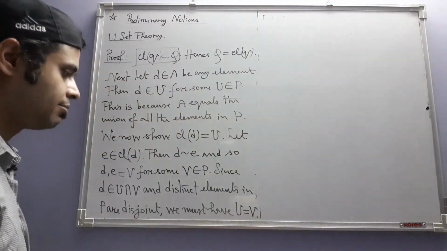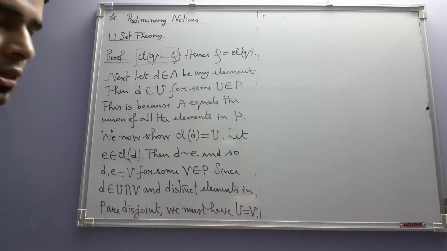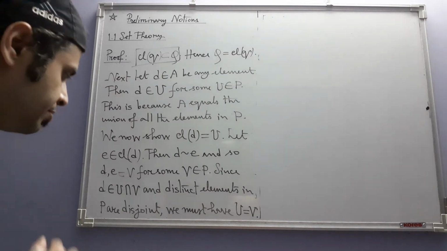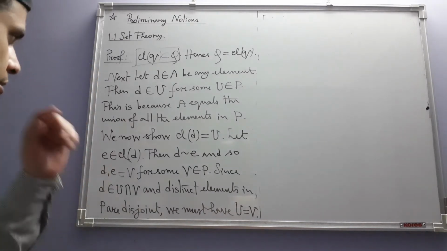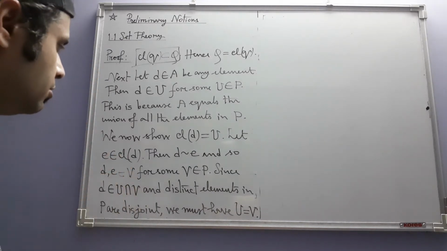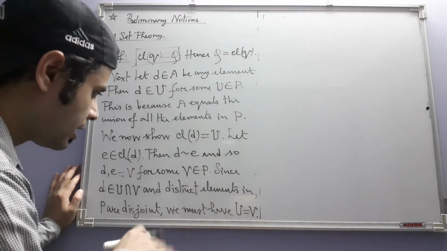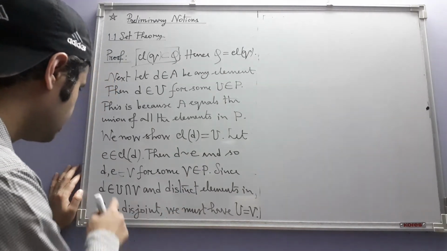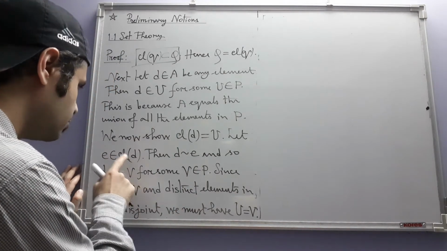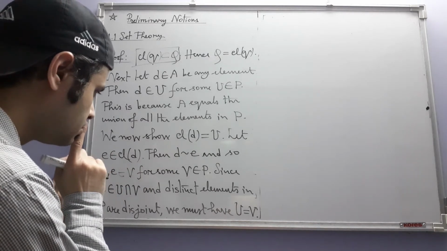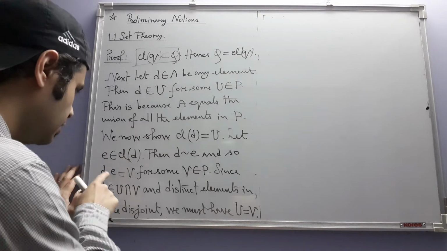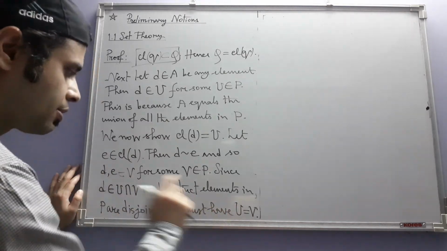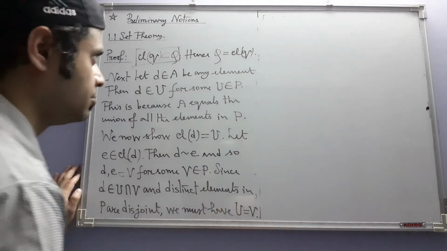Okay, I thought I would be able to quickly prove this, but it's taking time anyway. So we now have U is equal to V. I am also getting confused. This is so huge. Our aim is to prove that E belongs to U. E belongs to V, and V has now been proven to be equal to U.